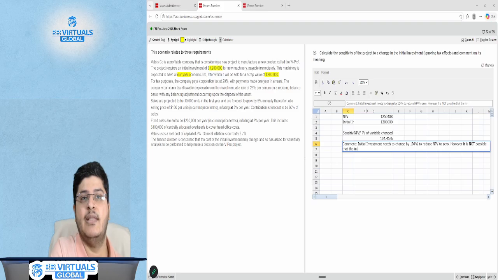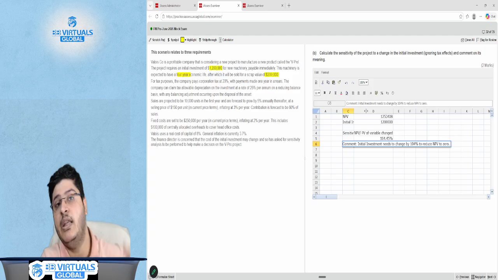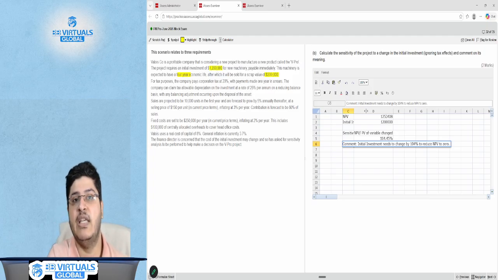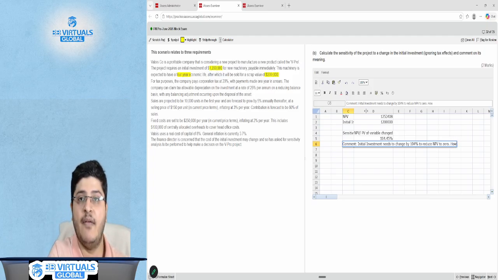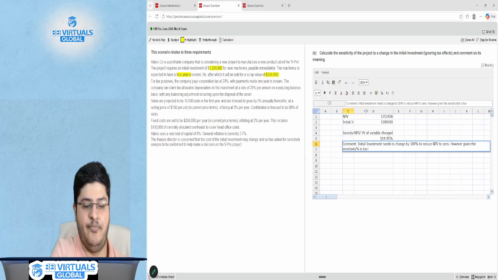Actually it can change, it can go upwards. The initial investment can increase to, let's say, 2.5 million, in which case the NPV might become 0. However, given the sensitivity percentage is too high,